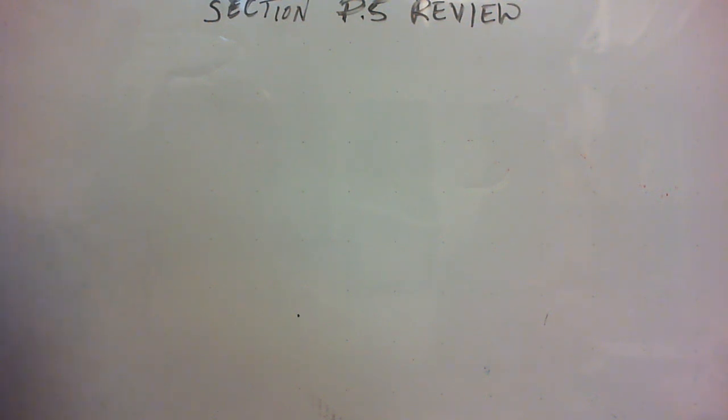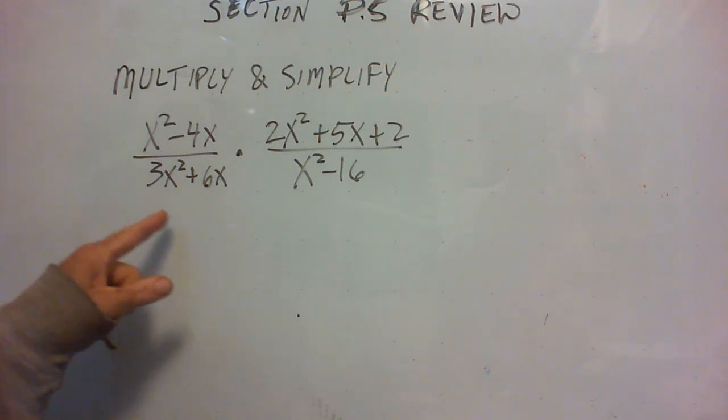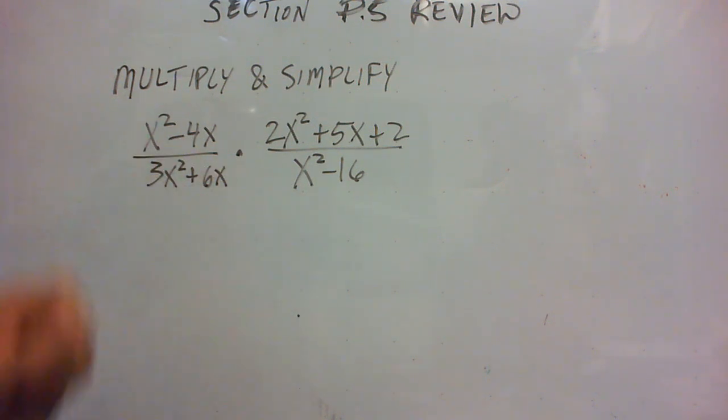Welcome to College Algebra section P.5 review. We're also going to do P.6 review. And the first problem we're going to look at is multiply and simplify these two rational expressions, x squared minus